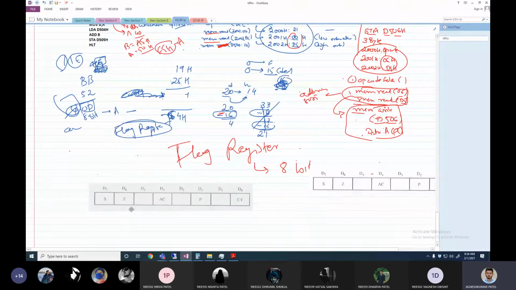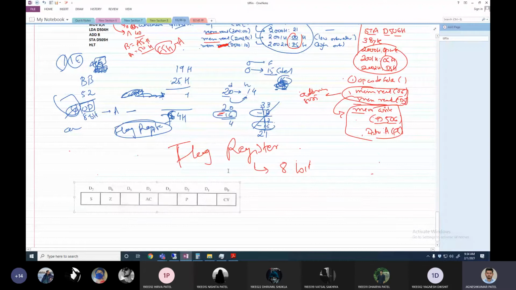So see, this is a flag register. Now, what are the various bits of the flag register? This is an 8-bit register, but what are the 8 bits? So these are the 8 bits, starting from this D0, that is the LSB, and this is the MSB. What are these various bits and how are they useful? That's the first question. So this register is basically storing